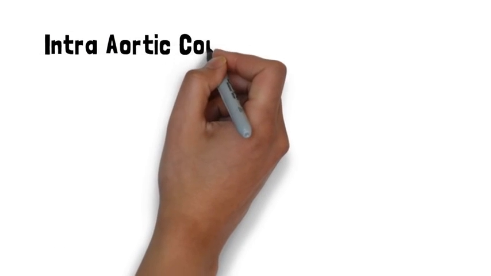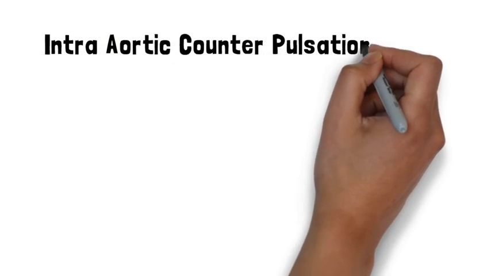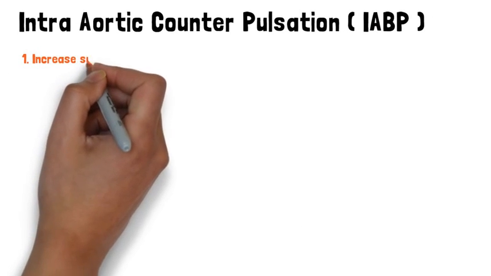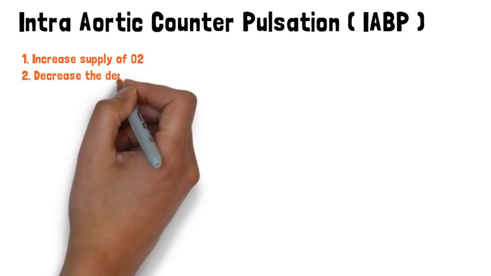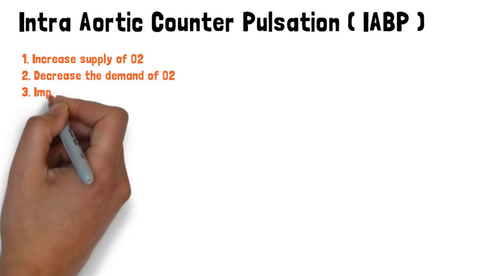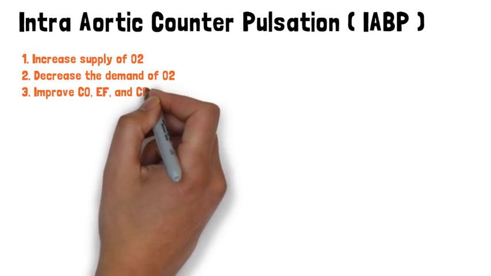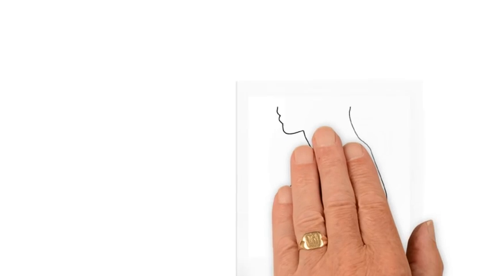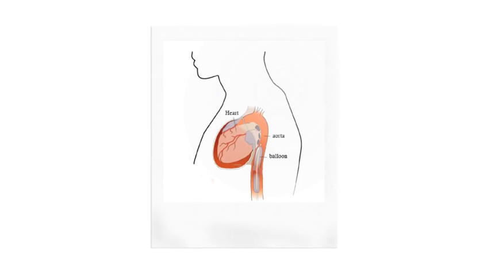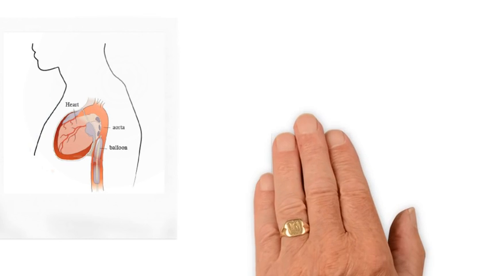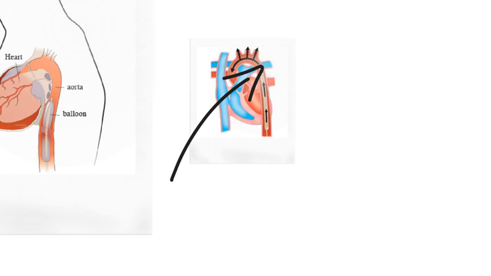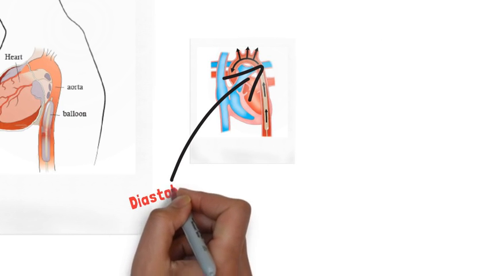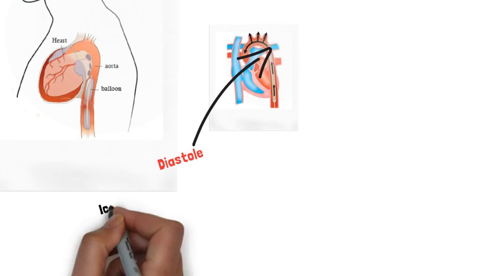Intra-aortic counterpulsation. The goals of intra-aortic balloon pumps are to increase myocardial oxygen supply but decrease the oxygen demand. We also want to improve cardiac output, ejection fraction, and increase coronary perfusion pressure, which is CPP. Systemic perfusion and a decrease of heart rate, pulmonary capillary wedge pressure, and SVR is something else that the balloon pump also does. The balloon is guided all the way up the descending aorta, approximately 2 centimeters from the left